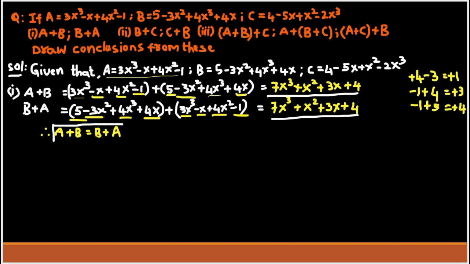Let's find the second one, which is b plus c. Here the b polynomial is 5 minus 3x square plus 4x cube plus 4x, and the c polynomial is 4 minus 5x plus x square minus 2x cube. Now these two are added. On adding these two we get